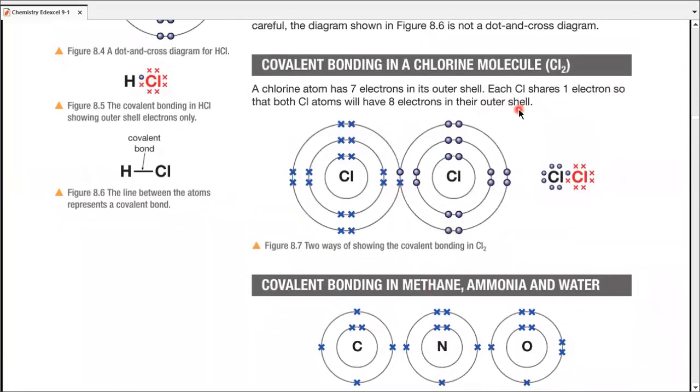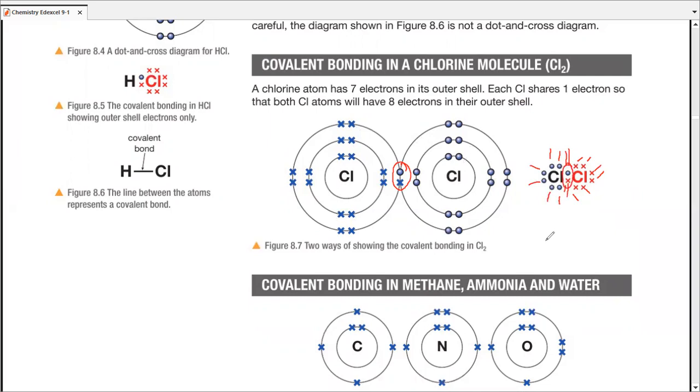Diagrams are right there. So now you know that chlorine has 7 electrons in its outermost shell, and chlorine just needs 1 electron in sharing, and it can complete its octet, which it did by this kind of sharing. Both chlorine now have 8 electrons in their outermost shell. Count this one: 1, 2, 3, 4, 5, 6, 7, 8. Count the other one: 1, 2, 3, 4, 5, 6, 7, 8.